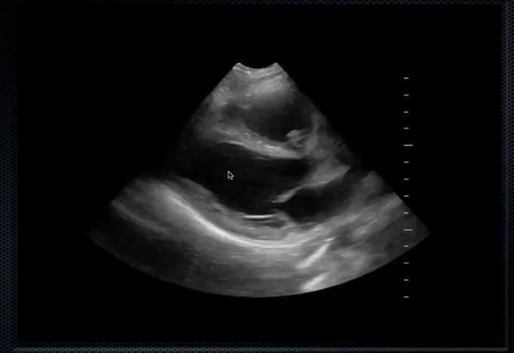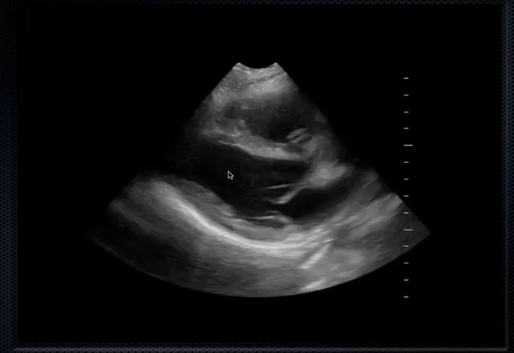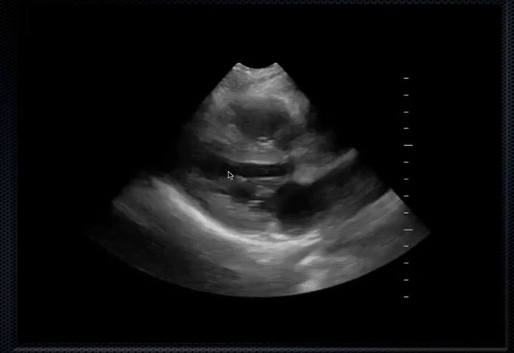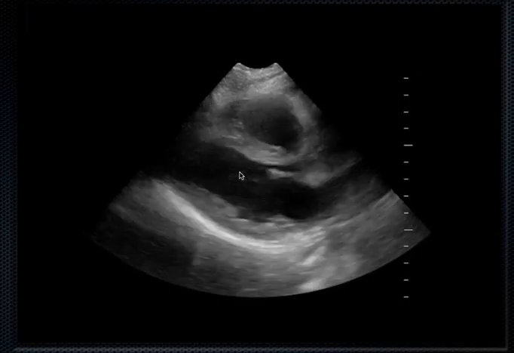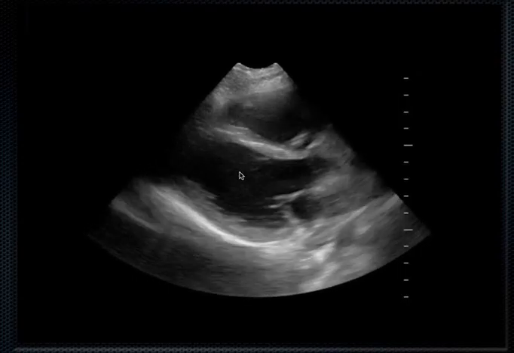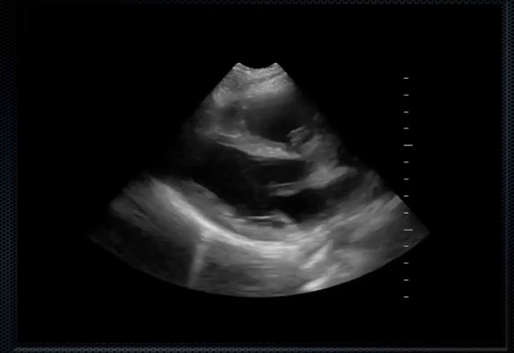So another way to think about this is the end diastolic volume that's in the heart compared to the end systolic volume. So let's see here. Here's the end systolic volume. Notice that there's just not much left in terms of the volume. That's good. It pumped it all out. Compared to the end diastole, where it's nice and full. And so what you kind of want to look at is the comparison of those two